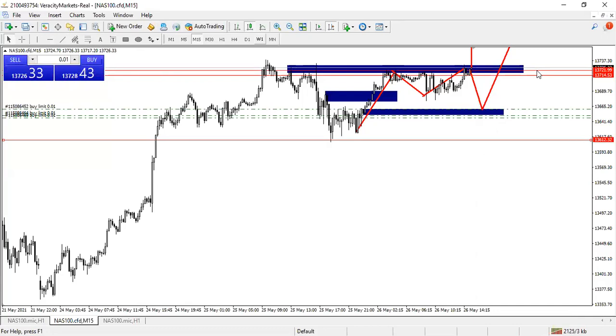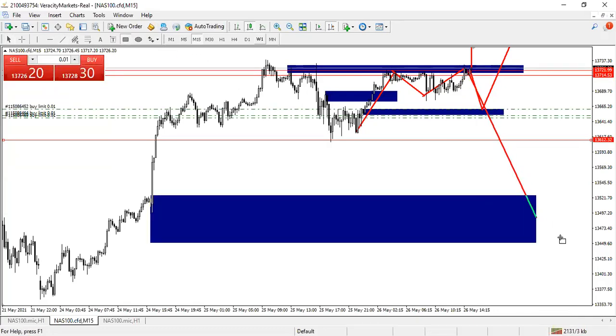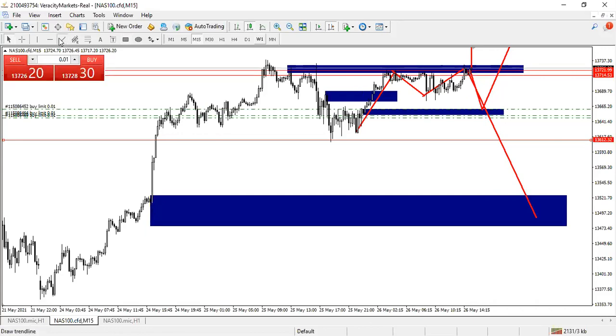When the market comes here, it will open our pending orders and rally up. If it goes against us, then it will hit the stop loss to respect this imbalance before it can continue up.